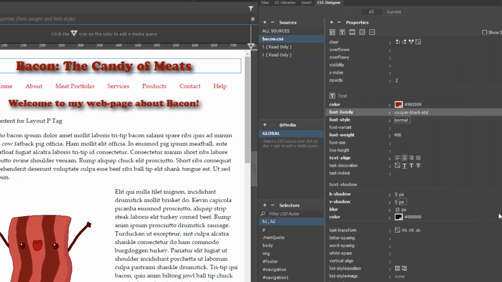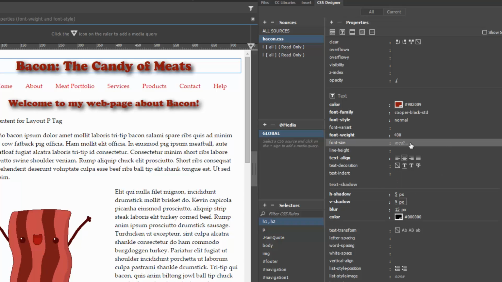Also in relation to fonts, font size is an important factor to pay attention to, because unless you specify what size font you want to use, your fonts are at the mercy of whatever the computer settings of the visitor looking at your web page is set to. So unless you type in a font size specifically,